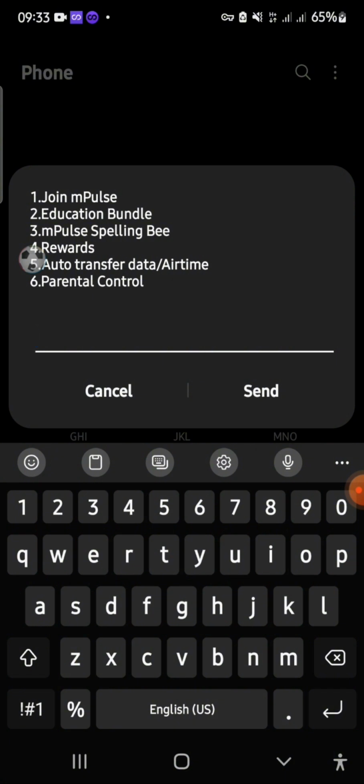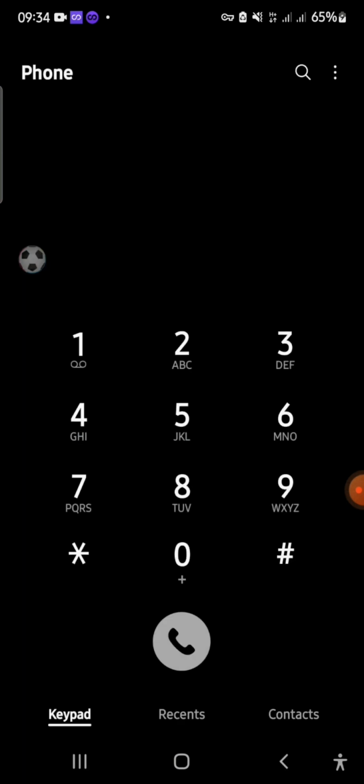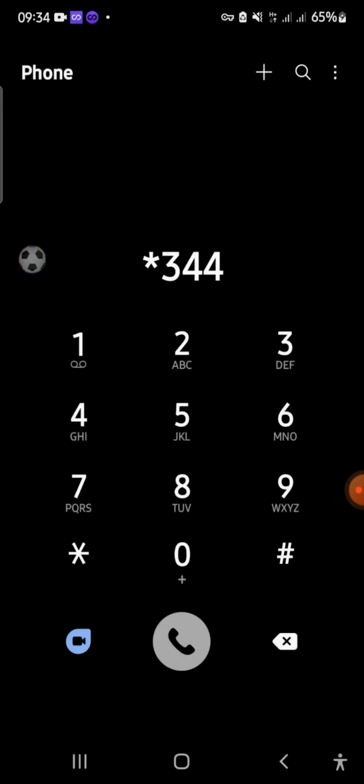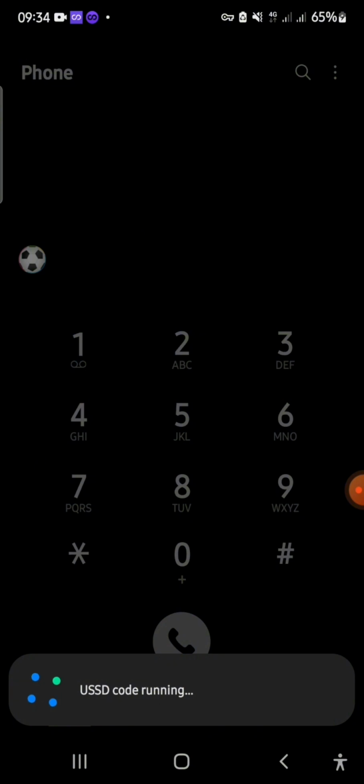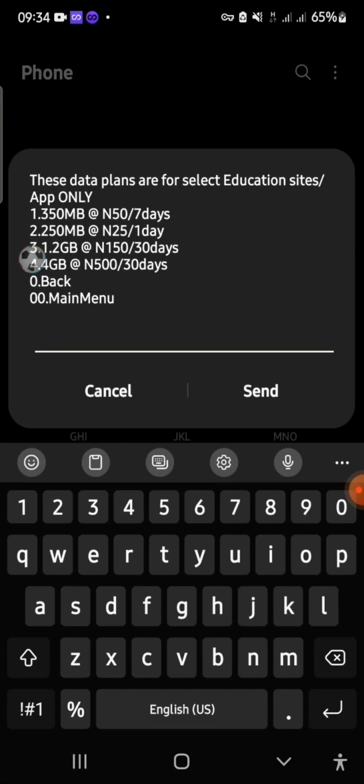All right, going forward now, you click on 1 to join the M Plus. I've already subscribed to this plan, so I'm not going to do it again. But when you click 1 and send, it will send you a text message welcoming you to M Plus. You follow the process and finish up. So when you have migrated to this M Plus plan, you come back and dial *344*2*1#. While you are doing this, make sure you have money in the account, at least 200 naira or 150 in the account. Then